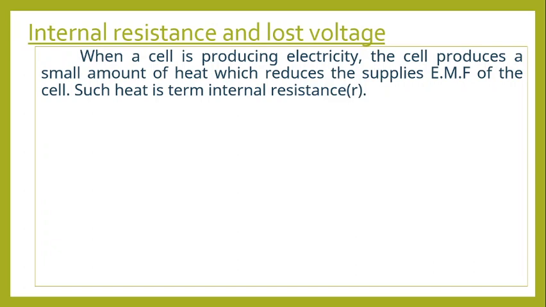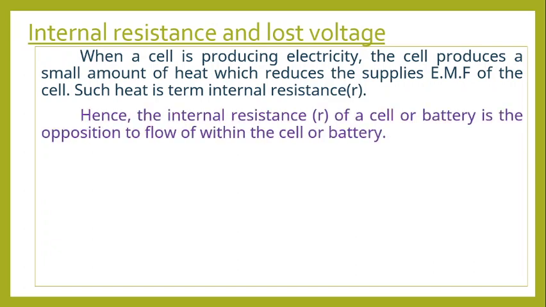So that hotness is converting part of the potential difference that's supposed to be supplied to the external load to heat energy. As such, it's wasting part of the energy that the cell or battery has. So the heat energy generated here is equivalent to internal resistance, because the heat energy generated is opposing the flow of current. It is what is consuming part of the current that's supposed to flow to the external load. That resistance, the opposition to the flow of current in the form of heat, is what we refer to as internal resistance. And I define it here as the opposition to the flow of current within the cell or battery itself.